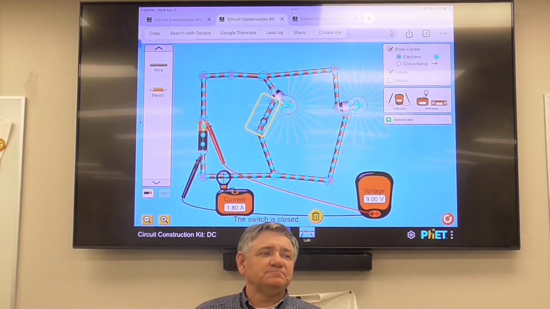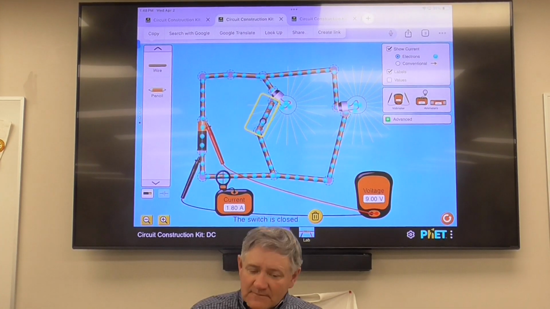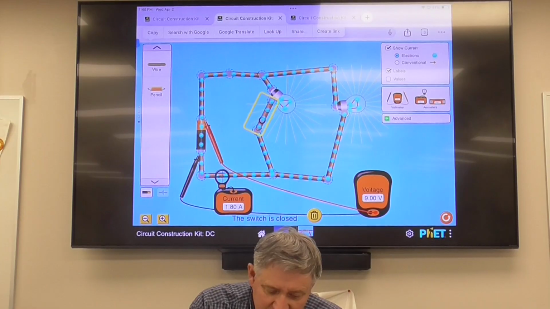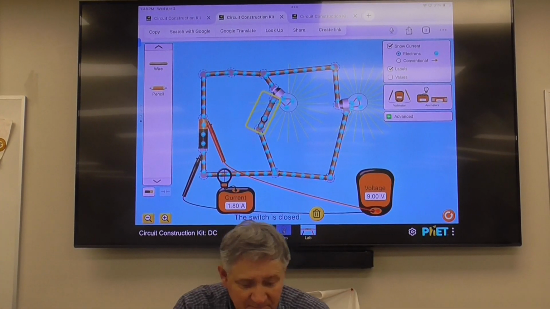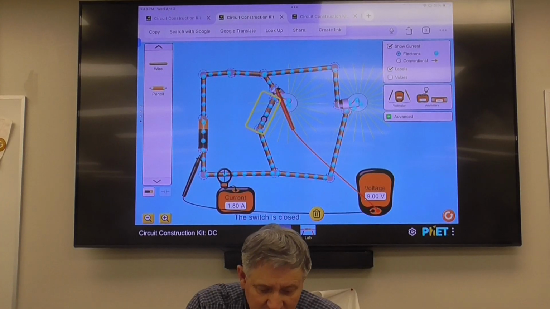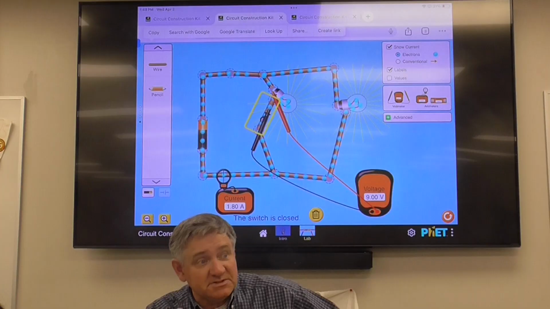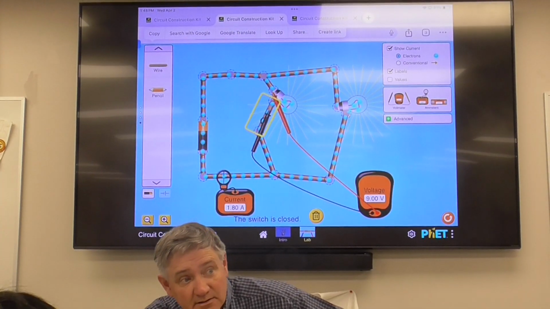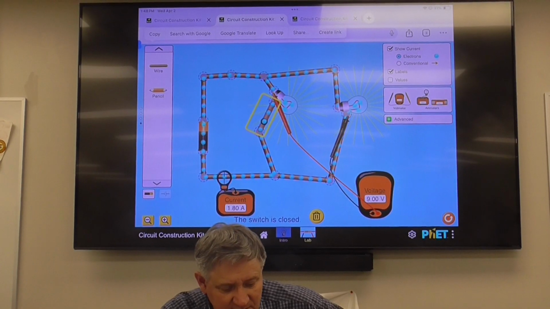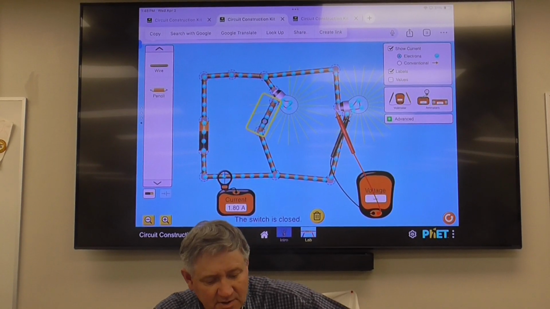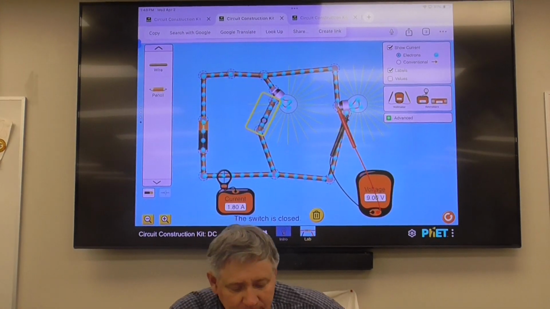Is the voltage drop across each light bulb the same in series as in parallel? Let's see. That's a 9-volt drop across the battery. So what should be the voltage drop across each bulb? Each is still going to have 9 volts. So in that situation, they're both going to still be 9 volts. However, let's make